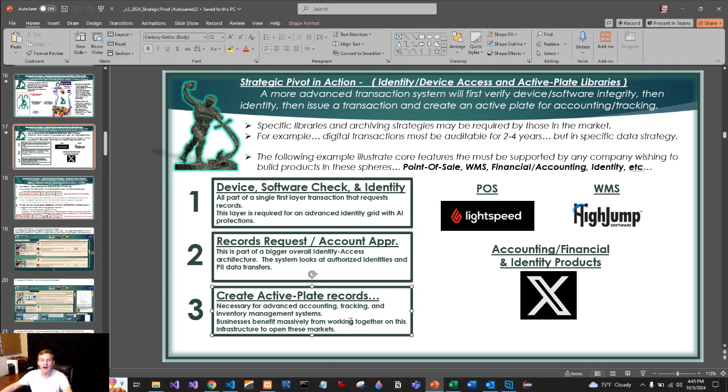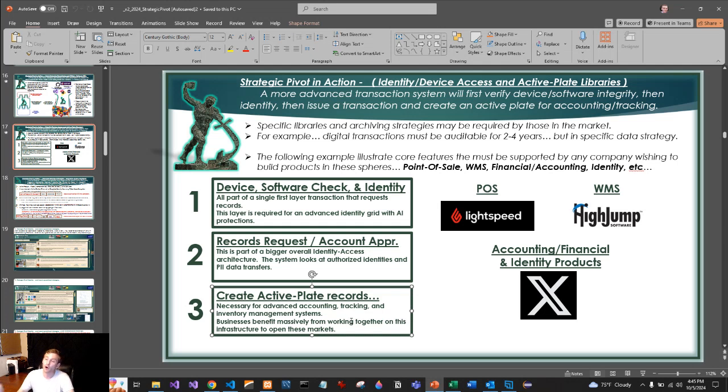And so then the last thing that we do, and we definitely don't have this right now, is the active plate architecture. And that's how you automate receipts. It's also how you automate inventory transfers between systems. And so now companies building warehouse management systems, they don't have to worry about building a giant cloud for inventory transfers between their customers. They can build that service into their products, but now there's a core architecture that the industry has worked together on,